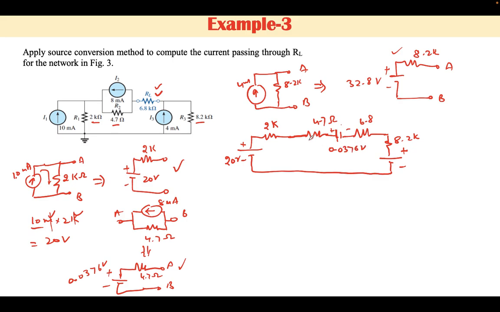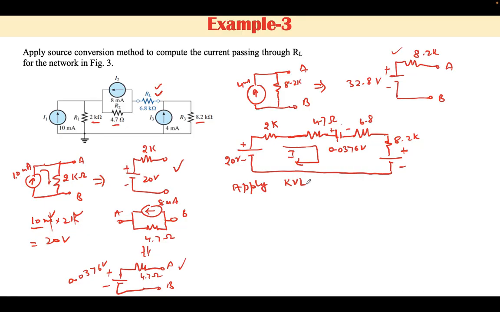Now this is a single loop. In this single loop, we can apply the concept of KVL. Let's consider the current in this loop is I. Then applying the KVL,